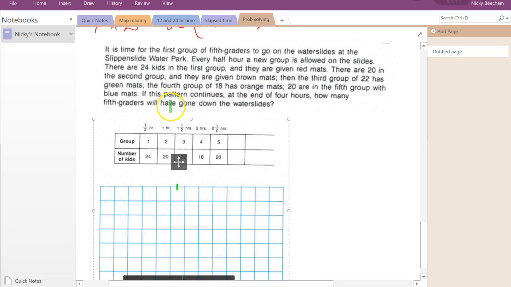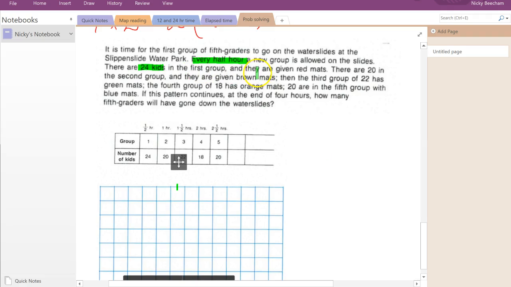All right, so we talked about this question, fellas, that every half an hour the group number is different, slightly different, and even though they have information about the colours of the mats, that's not needed for you to answer this question. They're not asking you about the colour. So let's highlight the interesting and important information first. I would highlight, if it were me, every half hour, so that you know each time bracket is 30 minutes or half an hour.